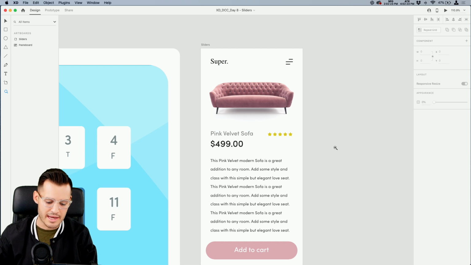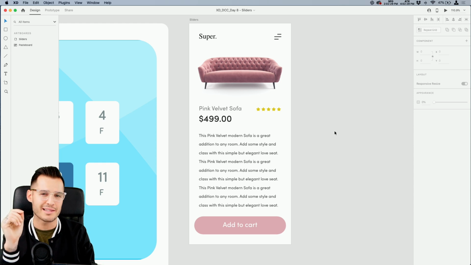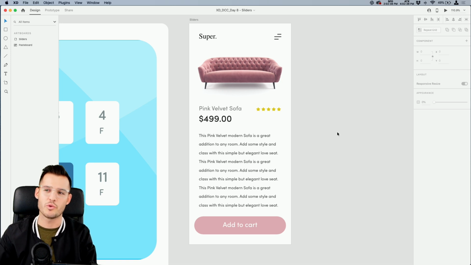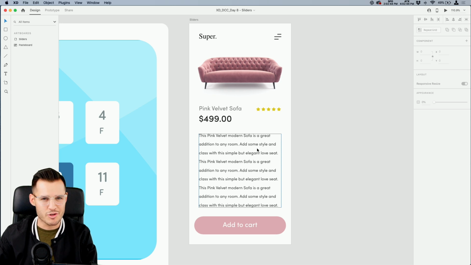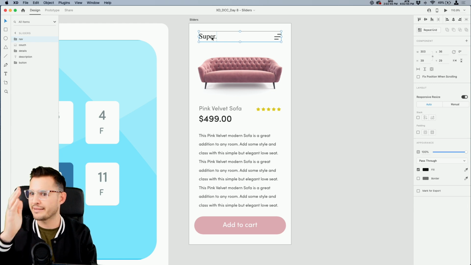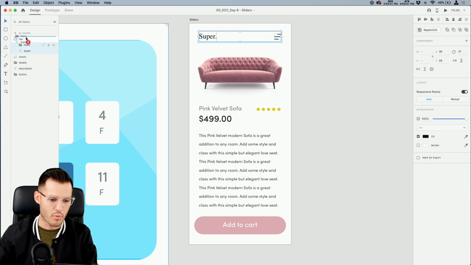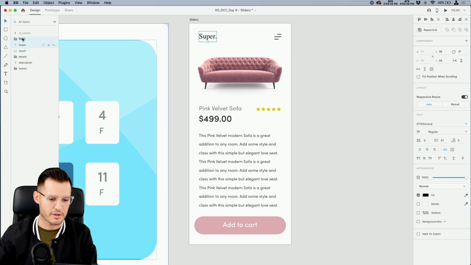And we have an initial artboard that's created here. It may or may not be the same. I think I wasn't allowed to add this image in your starting file, so you might have a blank artboard, but really just find any image of a couch or any sort of product you want. And I just put some generic information here with some polygons for stars, some generic lingo, and a nice big add to cart button. And I'm thinking what we're going to do is hit our navigation element and slide out a kind of vertical navigation. And from that vertical navigation, we want to be able to do all of our different options and